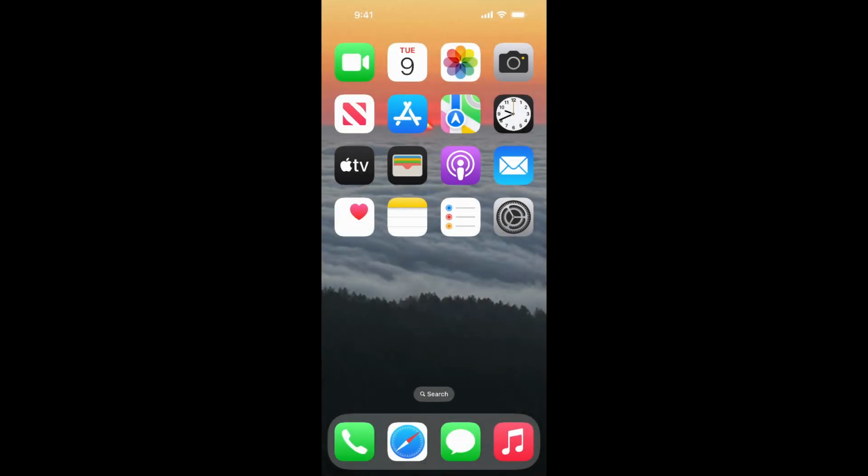Jonathan Gorman from iCreative, and I just wanted to show us a couple of last minute little thoughts and tips on iOS 18. The first thing that I think is really interesting is you can now actually lock access to